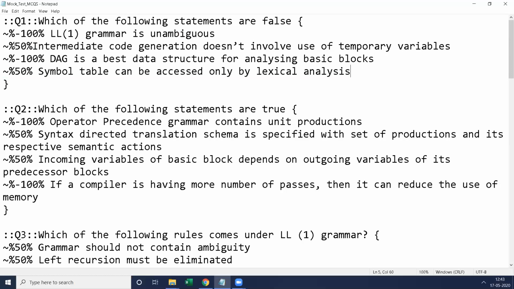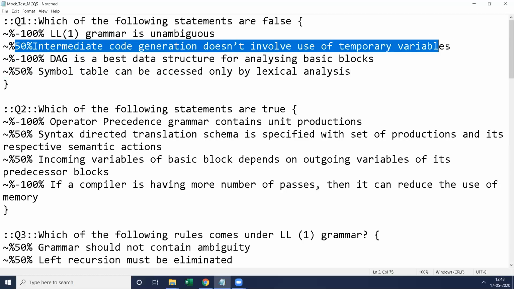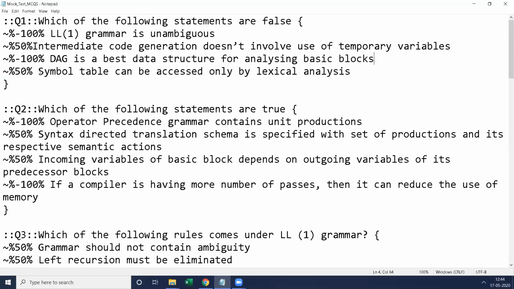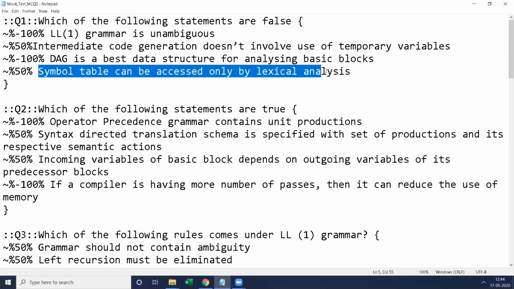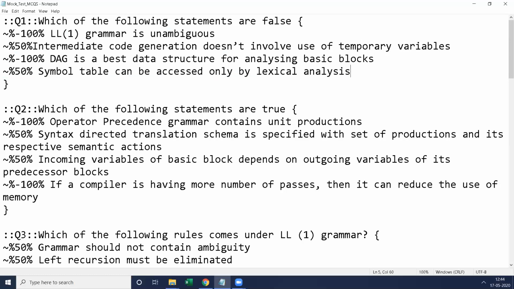So suppose one student chooses the second choice and fourth choice, the 2 right answers, and along with that he also chooses one wrong answer. That is 0.5 plus 0.5 and minus 100 means minus 1, altogether it is 1 minus 1, 0, so he won't get any mark.